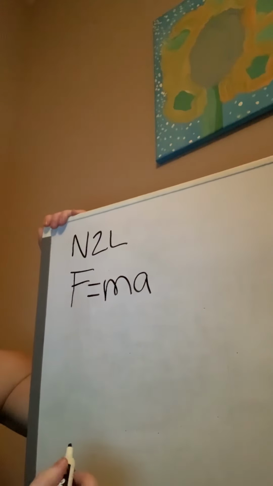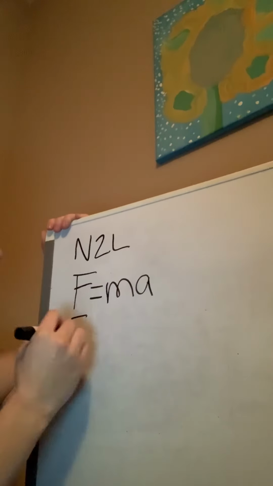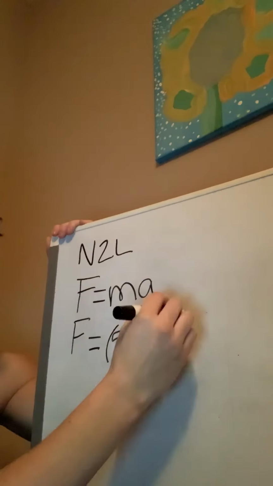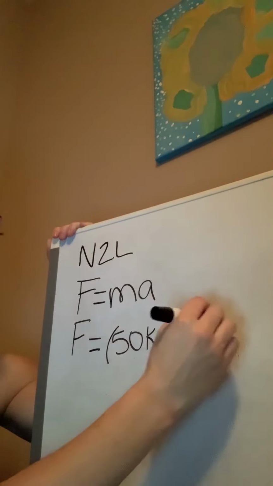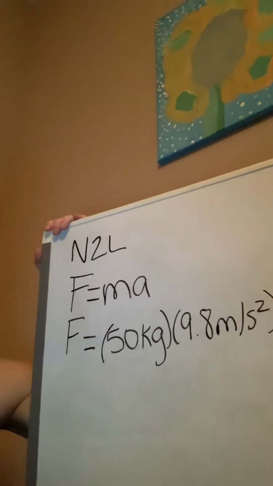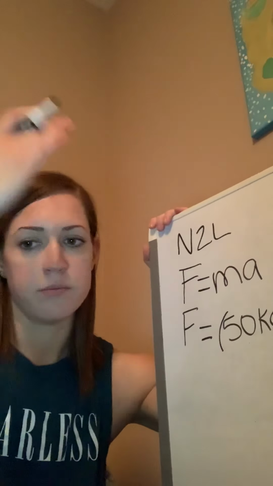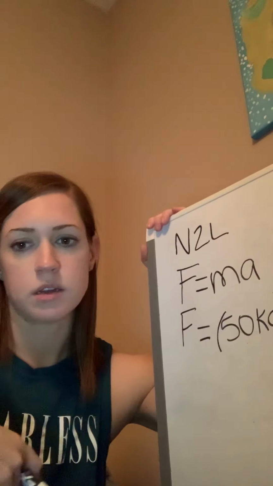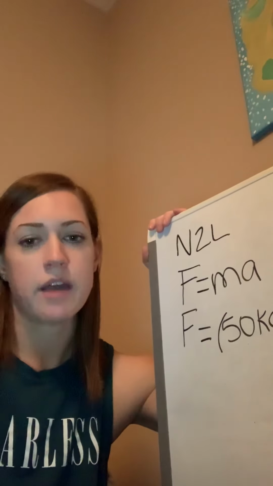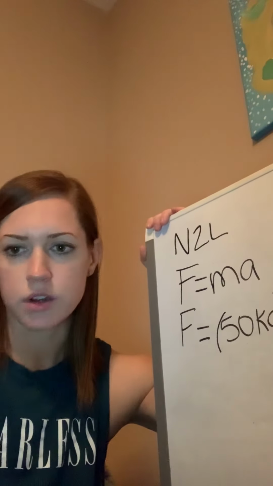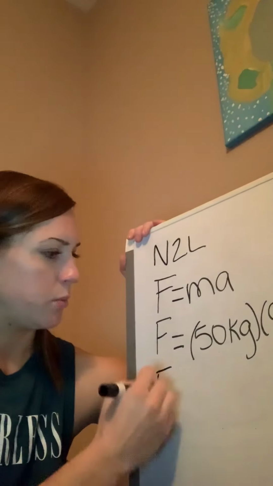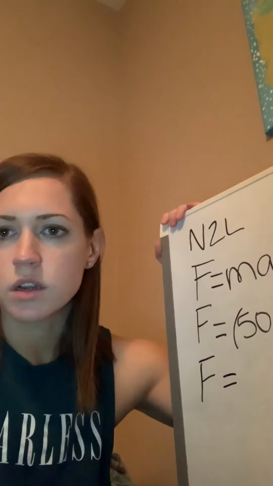Okay, so our mass is 50 kilograms. Our acceleration is 9.8 meters per second squared. That's the acceleration due to gravity. And since we're talking about something that is vertical, up and down, something going against gravity, that's the reason we use the acceleration due to gravity. Okay, and then when we multiply those two numbers together, we're gonna get